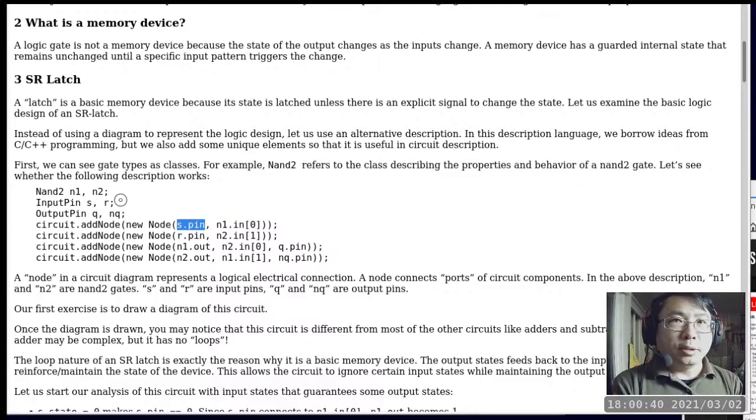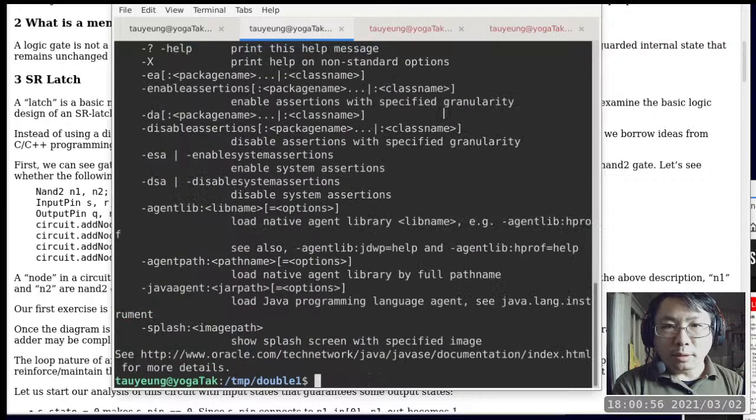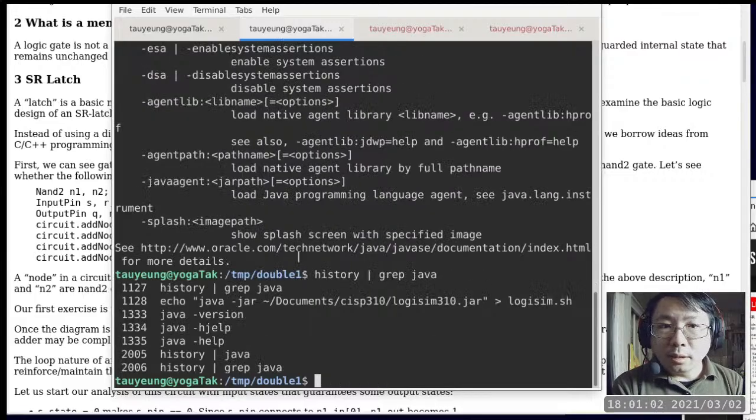I'm just going to use Logisim to show you what the circuit looks like, and then we'll analyze what the circuit is going to do. How does it work? What does it do, and so on. Let me do something really lazy. Oh, okay, I'm supposed to grab Java. I have lost the last history entry using Java, so now I have to specify the full command to use